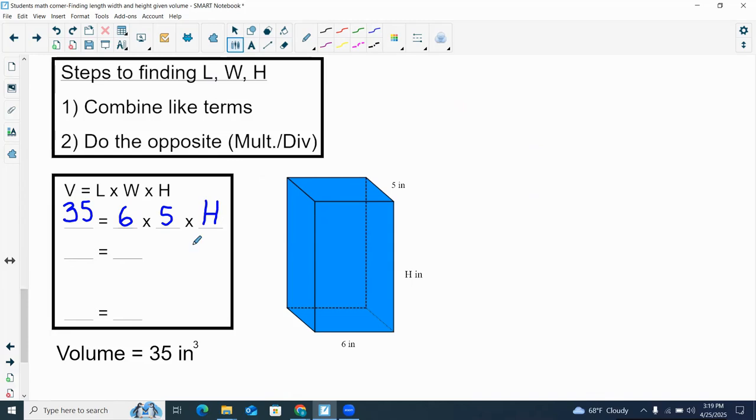So I'm going to combine my like terms. 6 times 5 is 30. My volume is 35. And so now my actual equation reads 35 equals 30 times h. Now I can do the opposite. Instead of 30 times h, I'm going to divide by 30 on both sides. These cancel out, and then that leaves me with 35 divided by 30,